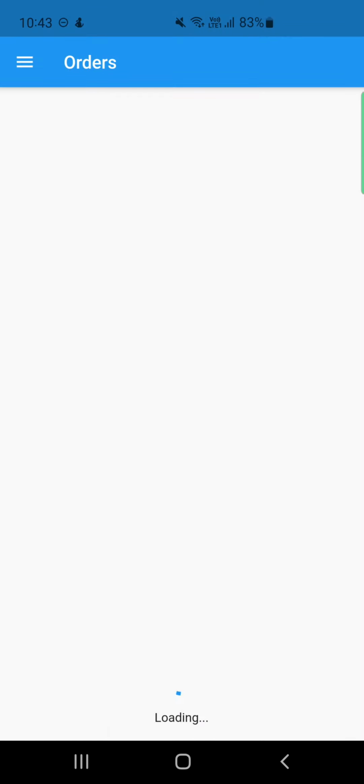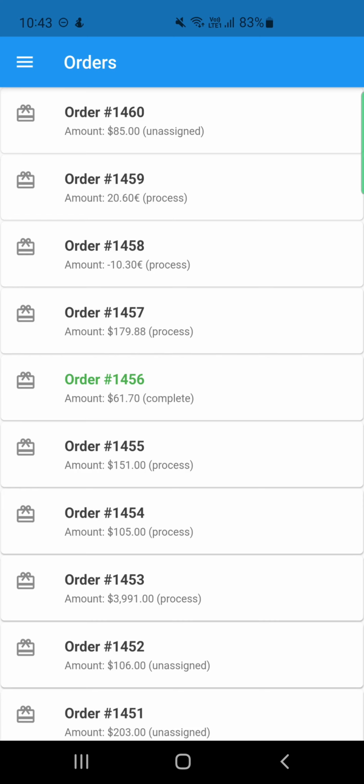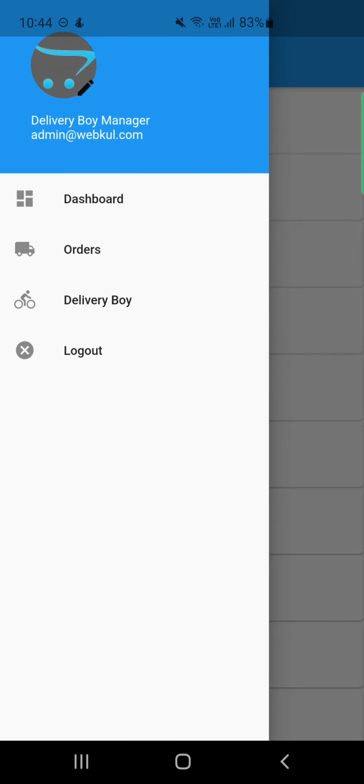Under the orders, we'll find the complete list of orders that we have received. So this is the latest one. As you can see, that is unassigned at the very top, order number 1460. Here we have other orders being listed as well, like the processed one and the complete one. The complete one is in the green color here. In process are these ones like 1457 and the others. So here you can find the different order statuses for the different orders as well, and the new orders that you have received. I'll go to the delivery boy section in a while from now,